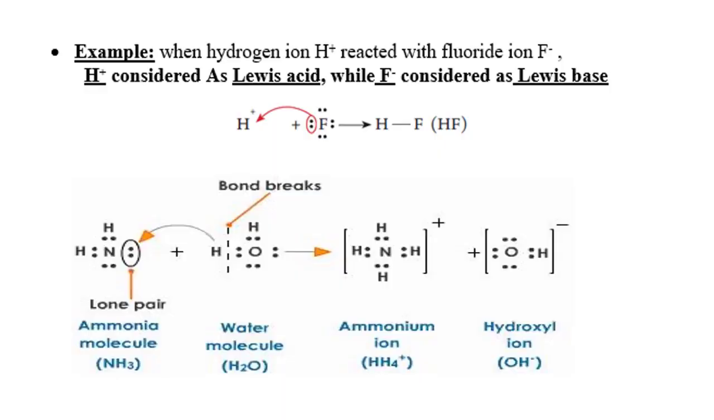Here we can see that the fluoride ion has many electrons, 8 electrons around it, and H positive has no electrons. So when the fluoride ion gives an electron pair to H positive, H positive is considered a Lewis acid, and F negative is considered a Lewis base. The second example, we have the ammonia molecule NH3, which has an electron pair, and it will give this electron pair to